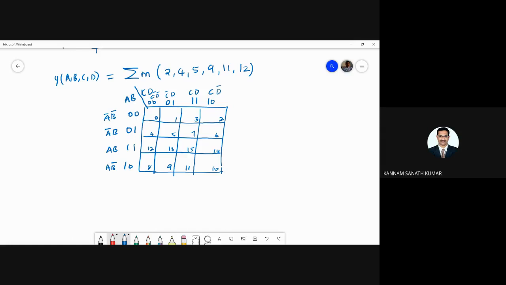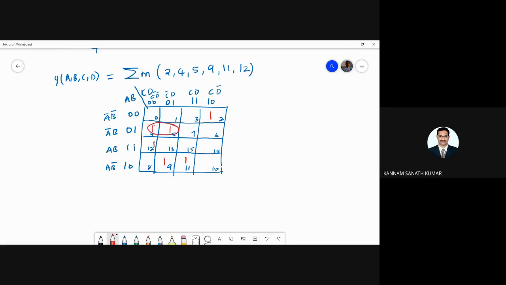Next you need to write the ones: here 2, 4, 5, 9, 11 and 12. These are the given values present in the expression, so at least you need to write the ones. Now make one pair here, and one pair here, and again one pair here.